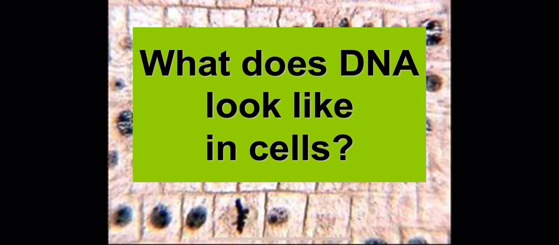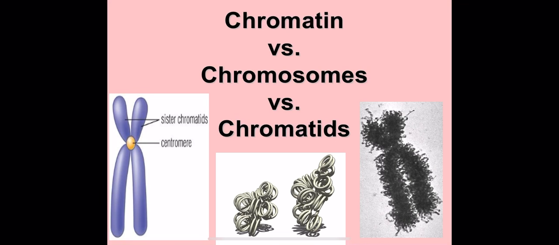So then what does DNA look like in cells? And that's not as easy of an answer as it is of a question, because when I ask you what does DNA look like in cells, hopefully most of you are thinking DNA double helix. It looks like that pretty spiral staircase, and that's great. And that is what it looks like if you think about it on its fundamental level, but it has other structures in terms of how it presents itself and how it moves and exists within the cell.